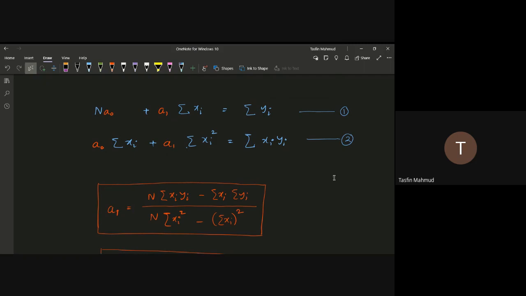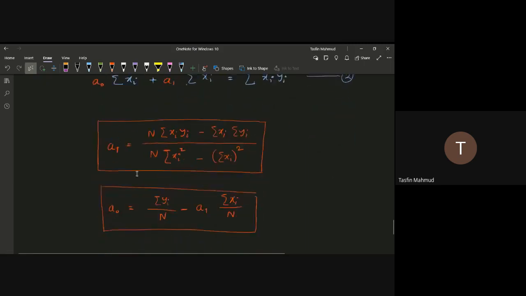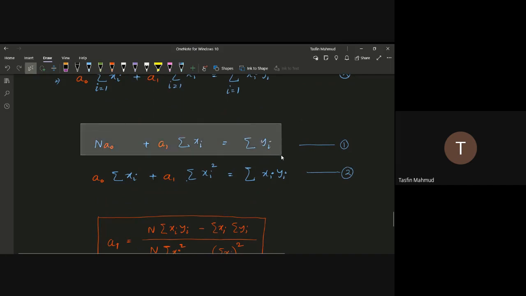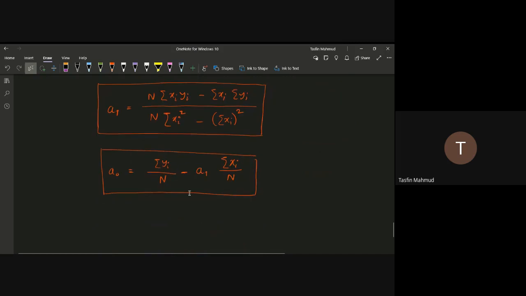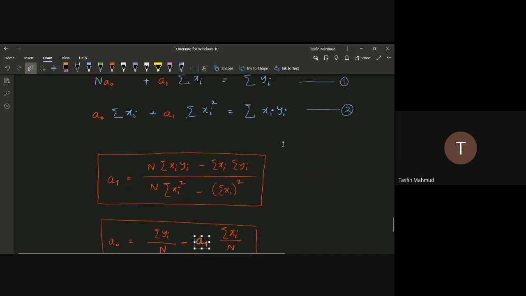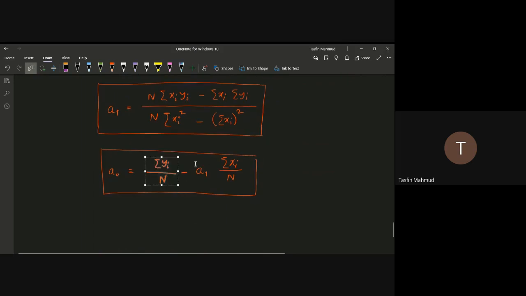তো এখান থেকে আমরা এ ওয়ান এর এক্সপ্রেশনটা পেলাম, আর সিমিলারলি আমরা যখন এ ওয়ানটা পেয়ে যাব তখন এ নটটা তো এখান থেকে খুঁজে বার করতে পারবো। এ ওয়ান এর ভ্যালু জানা থাকলে এ নটটা খুঁজে বার করা তো সোজা। সামেশন অফ ওয়াই আই কে এন দিয়ে ডিভাইড করে দিচ্ছি, সামেশন অফ এক্স আই কে এন দিয়ে ডিভাইড করে দিচ্ছি। তাহলে আমাদের এ নটের ভ্যালুও বের হয়ে যাবে।